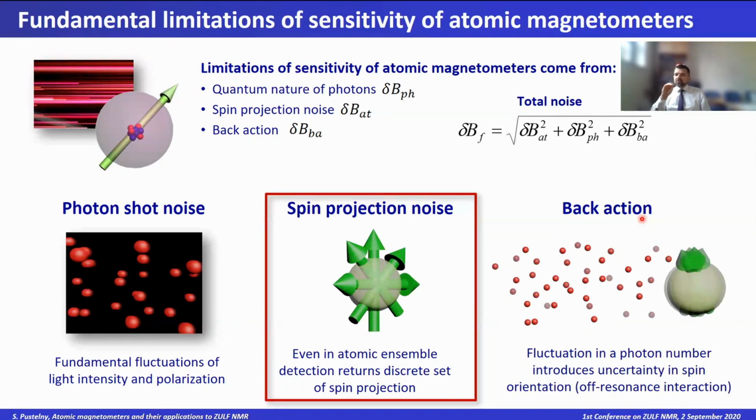So if your intensity is fluctuating, then your levels are moving back and forth, and this brings some uncertainty. This brings some noise to our system. So now the spins are being a little bit smeared out, and because of that, when these smeared out spins are affecting propagation of light through your system, you are taking this uncertainty and bringing it back to photons. So this is like a loop. This is why it's called a back action. Light affects atoms, and atoms affect back light, and this is how this uncertainty is propagating in the system.